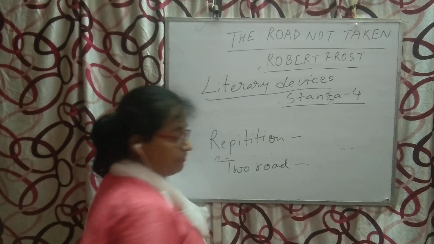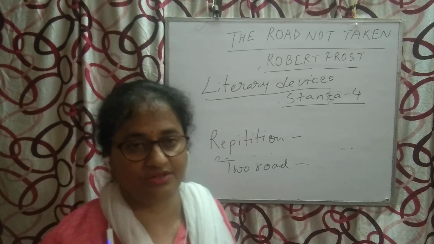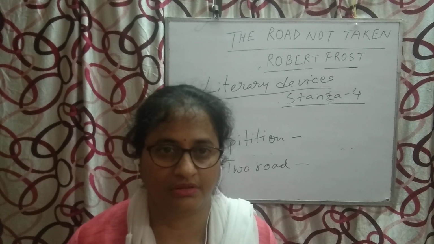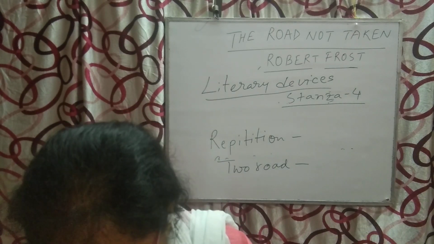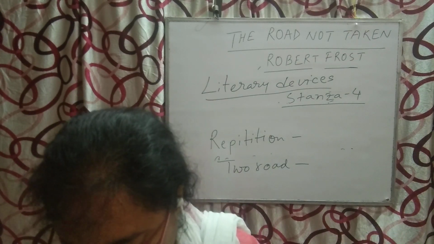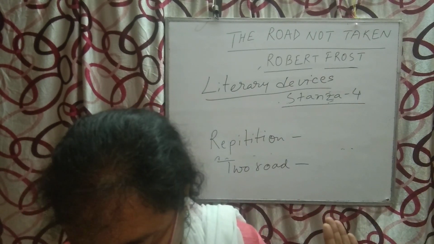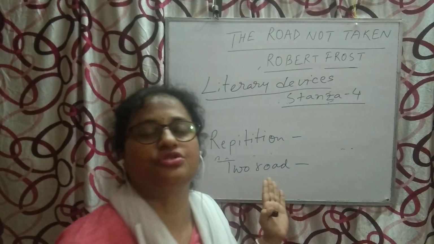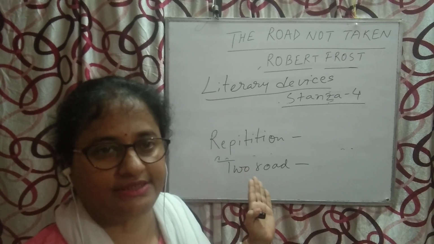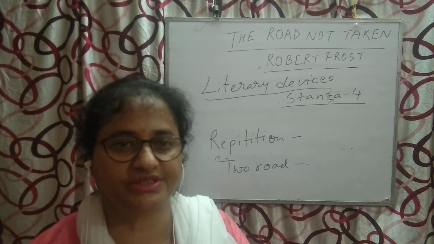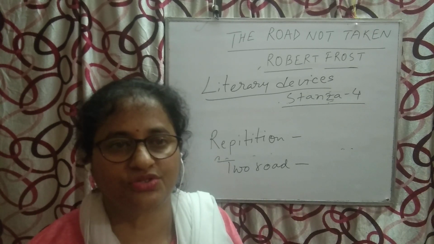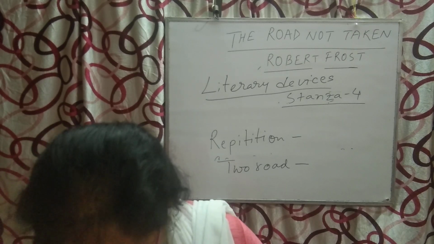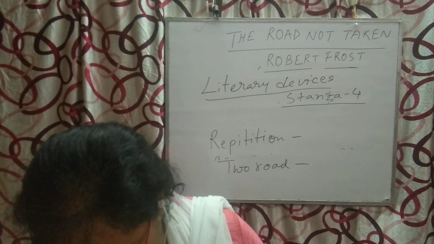Two roads is a metaphor. It symbolizes the options that come to a man's life, the options that a man has to choose in his life. So he is telling that two roads diverged. This is the main base: the two roads mean the two choices that a man has to take in his life. And see, "Two roads diverged in a wood, and I took the one